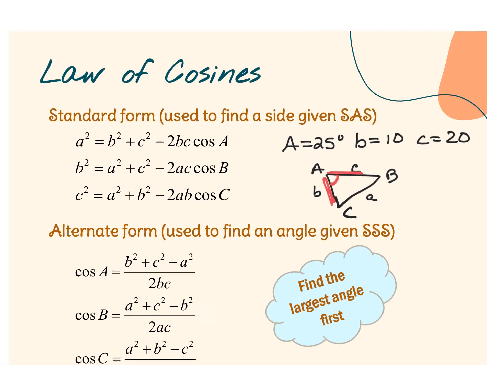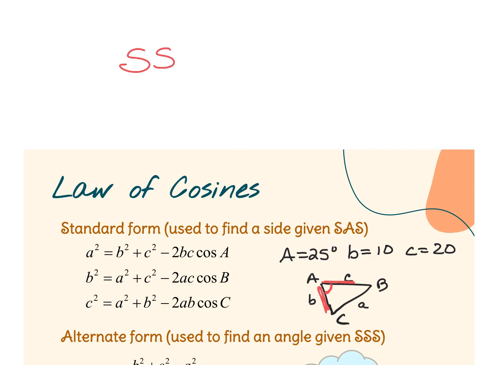Before in 8.1, when we had the scenario of side, side, angle, notice it's two sides and an angle, but what's different here is the angle that's given will not be the included angle. It's actually going to be the angle that's across from one of the sides. So for example, they might give you angle A is 25, but then they're also going to give you the side that's across from that angle, and then the other side could be either B or C. So that's the difference between the two scenarios where it's side, side, angle, which is the ambiguous case, which either gives you 1, 2, or no triangles, and then the scenario of side, angle, side,